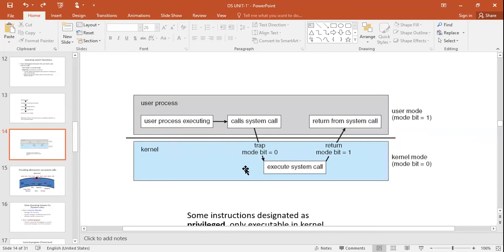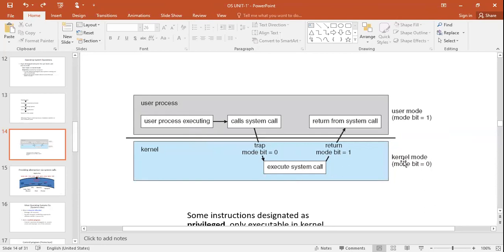So whenever we want the services of memory, we need to change the mode from user to kernel by changing the mode bit. After that, it will be executed. What is this? Create. What is the system call? I will show you very soon some of the system calls and how they get executed. First of all, I just want to create a clear idea about what exactly a system call is.